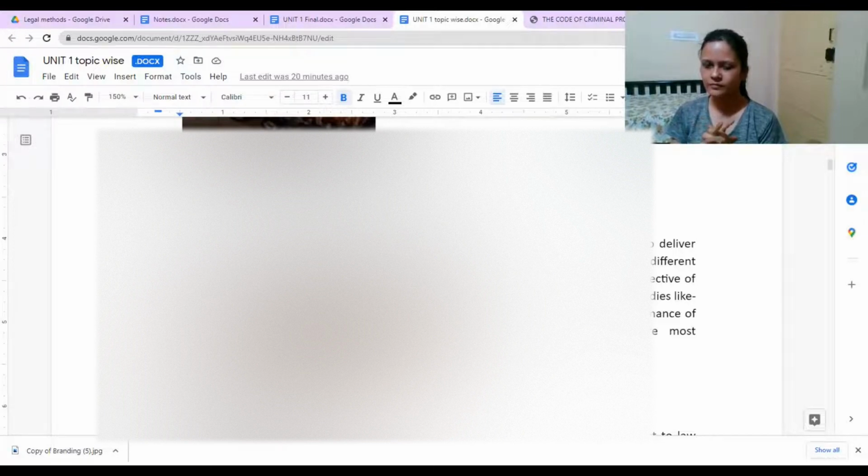Ma'am, one is against society and one is against a person. Civil, one is against a person or a firm or an organization, but the other is against the whole society. The procedure of one is done in a criminal court and the other one is done in a civil court.